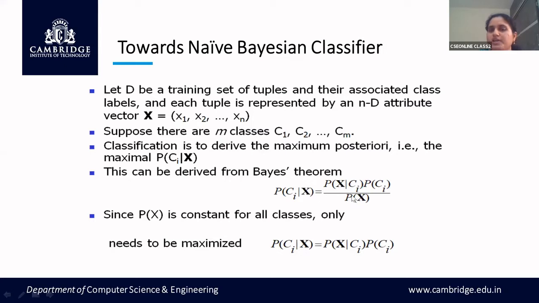Usually your P of X would be 1 because you already know how many instances are there. In order to find the probability, we have to count how many instances are there. So this can be assumed as constant for all the classes, and we can assume this to be 1 because the highest probability achieved is 1. So your posterior probability of identifying a class with respect to the instance will be given as the multiplication of your maximum likelihood into your prior probability of the class.